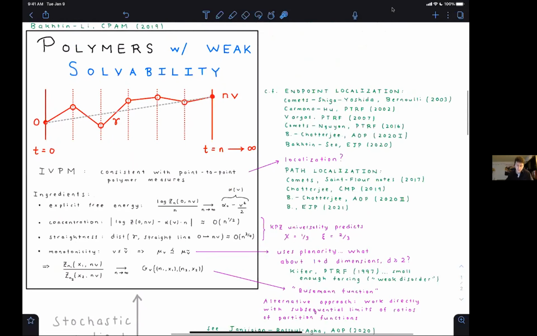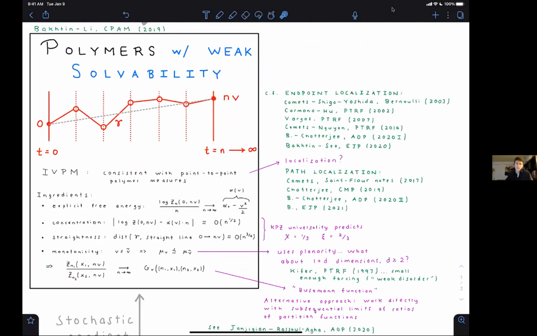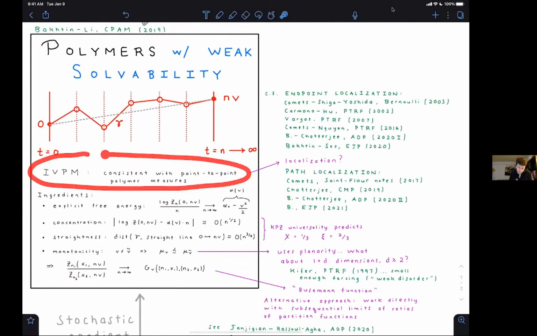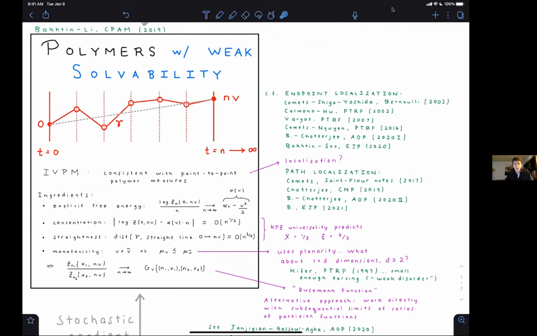And the partition function of that Gibbs measure is essentially related to the solution of the Burgers equation. Okay, so now once we've transitioned to the polymer picture, you can translate a lot of the questions from the SPDE sense over to the polymer sense. And that's essentially what the CPAM paper with Liang did. Okay, so the key thing, as Yuri was pointing out, was this construction of the infinite volume polymer measure.